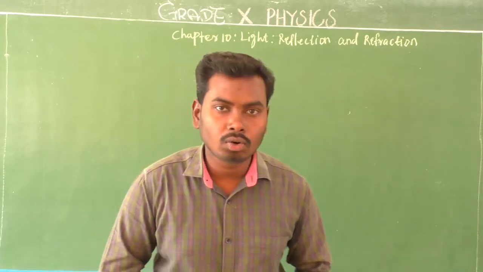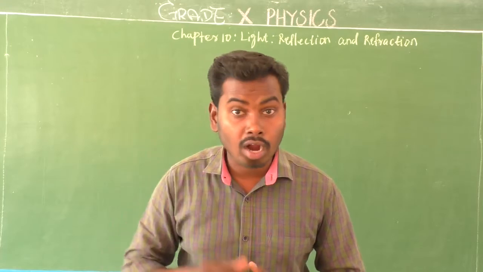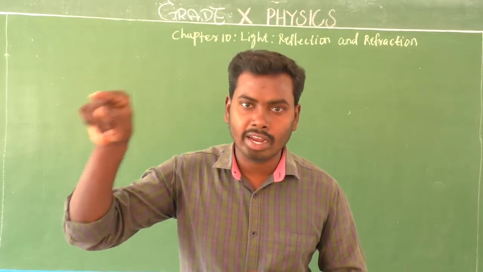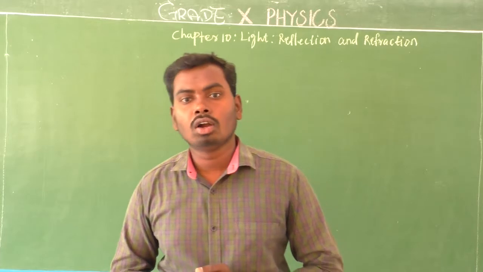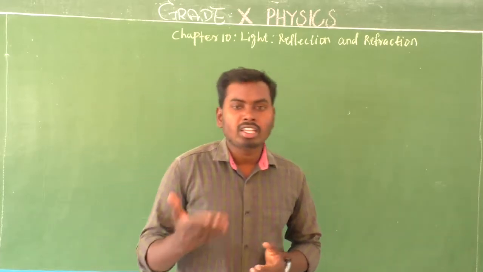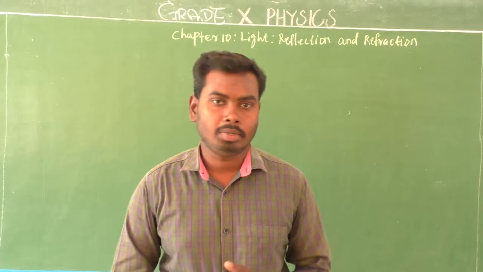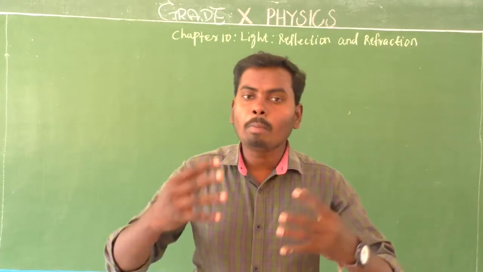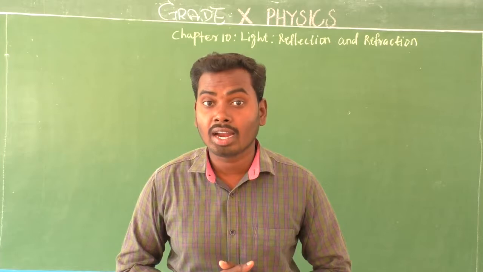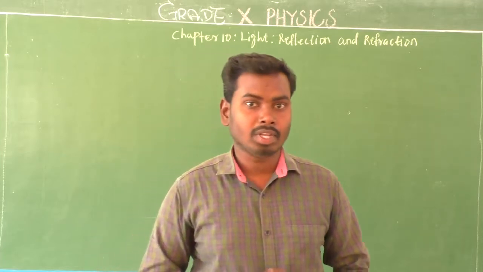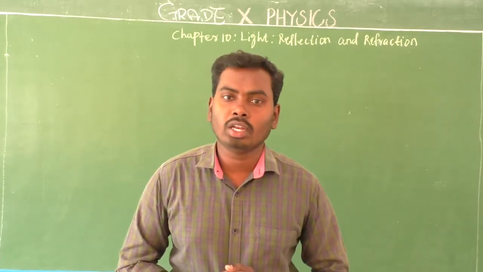Then what is the third rule? A ray of light passing through the optical center of concave lens goes straight after passing through it. Is it clear? Yes. That is the third rule for obtaining images by a concave lens. Okay, is it clear? Yes, very simple. So with the help of these 3 rules, in this session we are going to make image formation. Is it clear? Image formation. Yes.